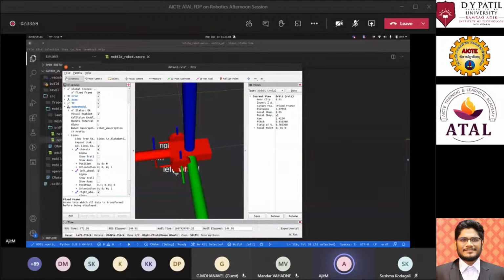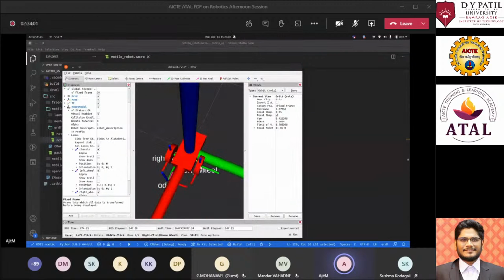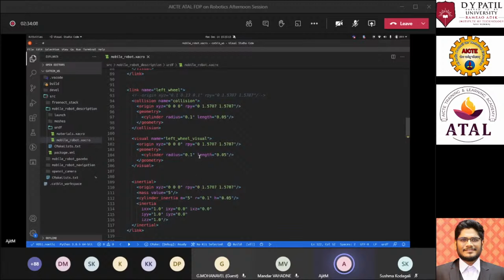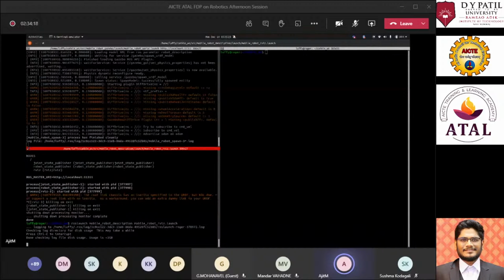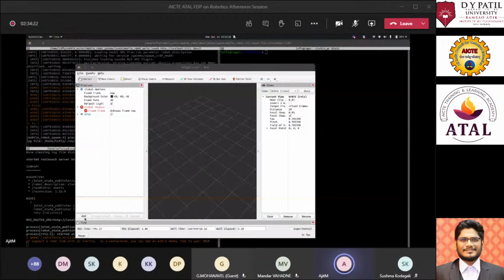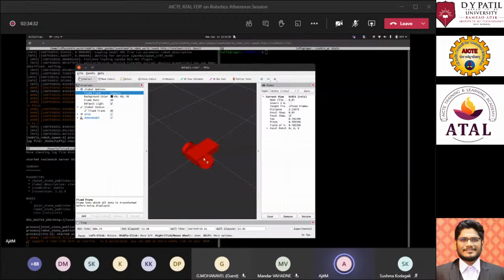So this right now is a rotated wheel, and before we started, let's go back to visual. Let's just make it 0 and 0. You'll understand. Yeah, this is the spawning position of that specific wheel.